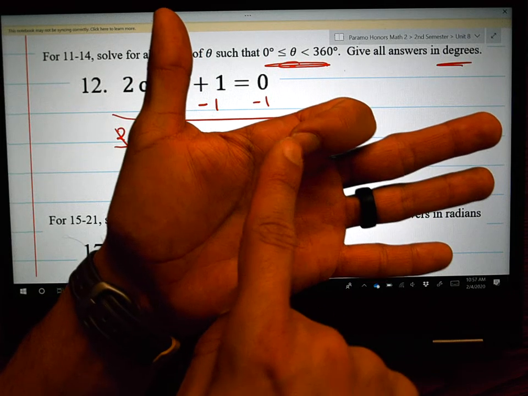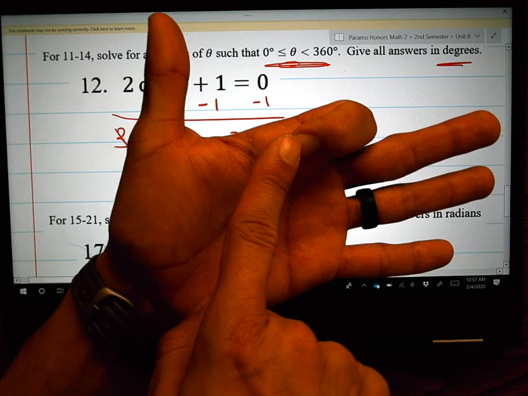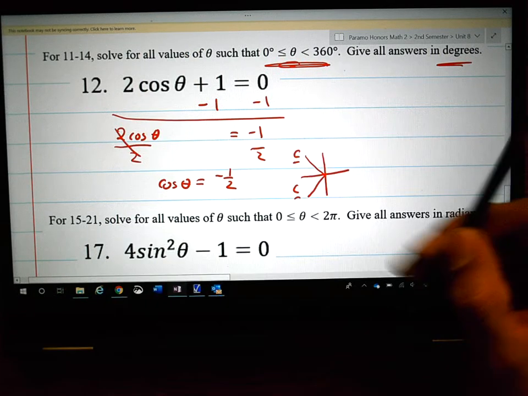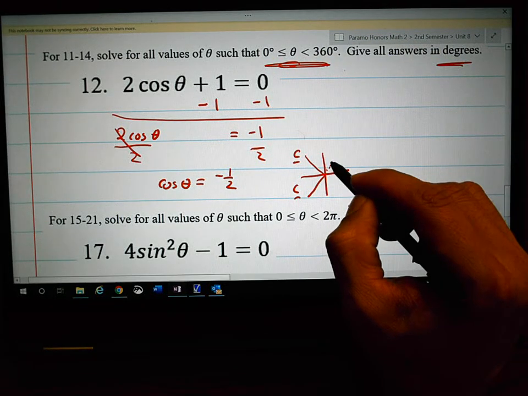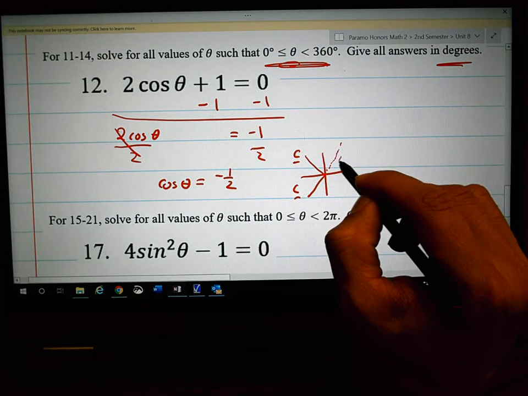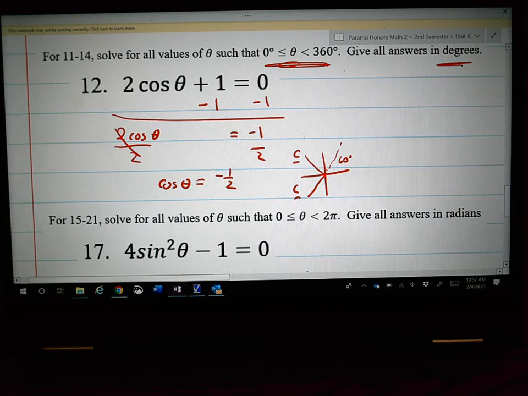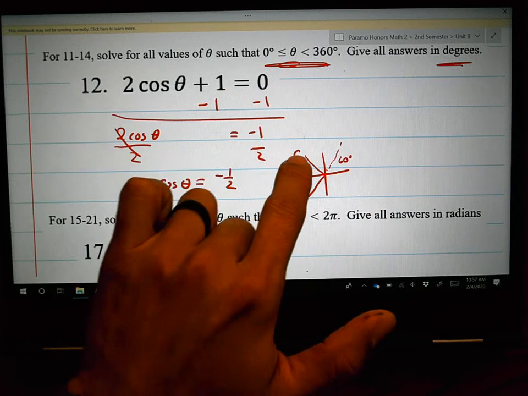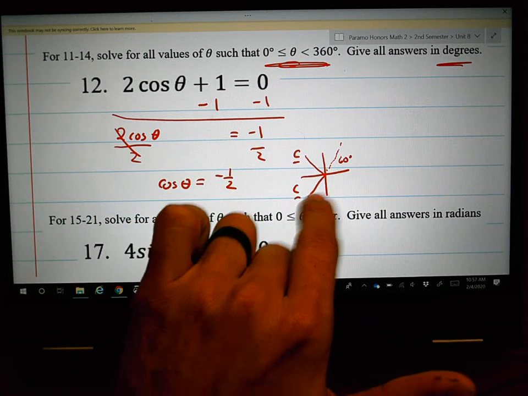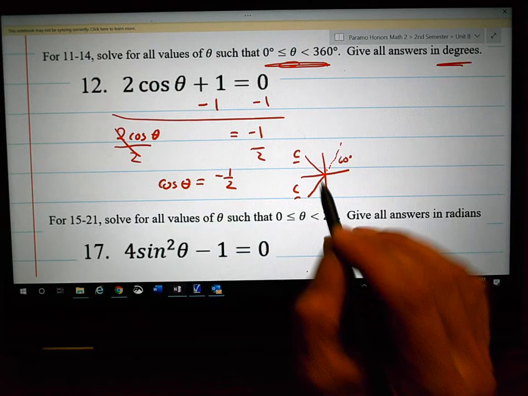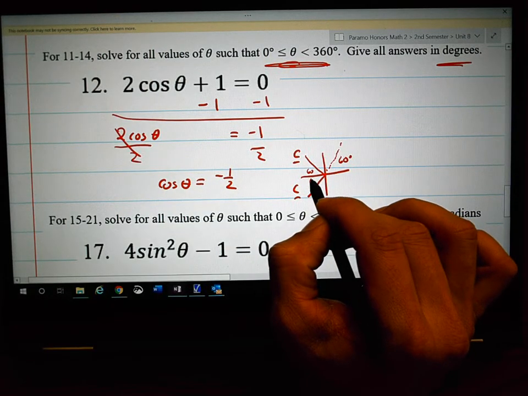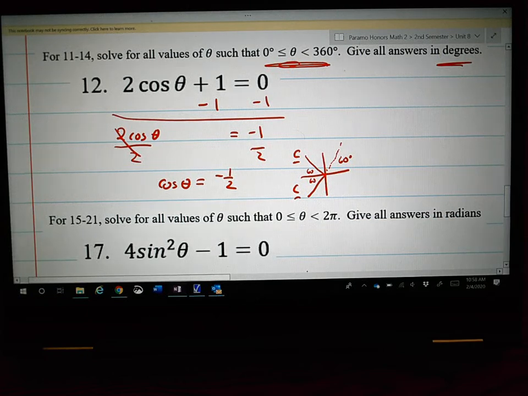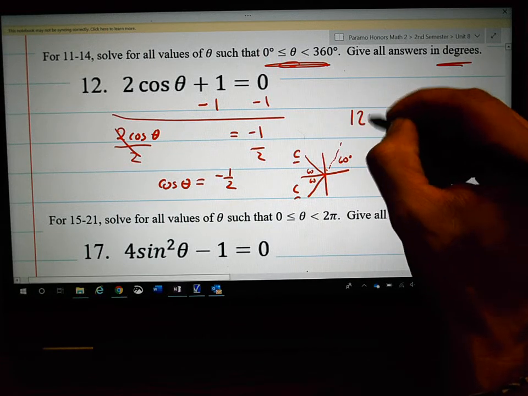I have to know what this angle is in degrees. This is how many degrees? 60. That's this quadrant 1. Let me put a little dotted line. This is not the one I'm using. But in my head, I have to know 60 degrees. But the quadrant 2 answer and the quadrant 3 answer is going to use 60 degrees. It's 60 degrees to the x-axis and from the x-axis. Do you know what your 2 answers are already? You have 2 solutions. They are 120 degrees and